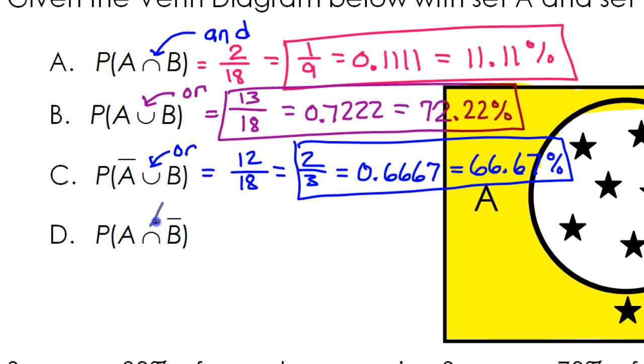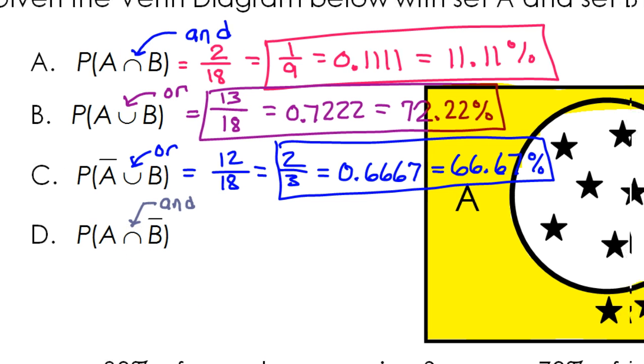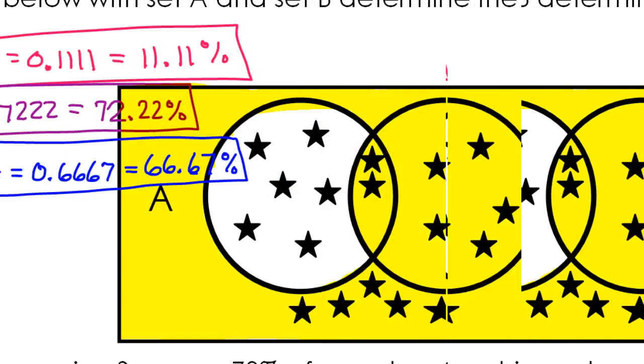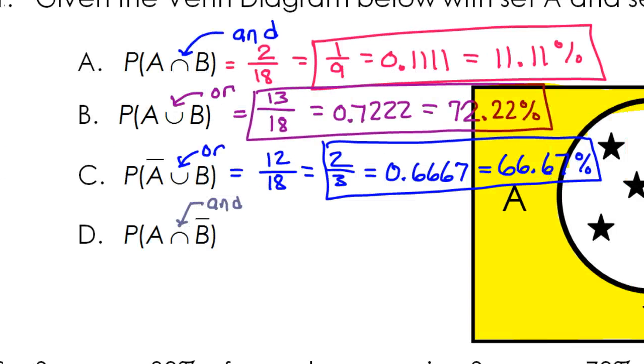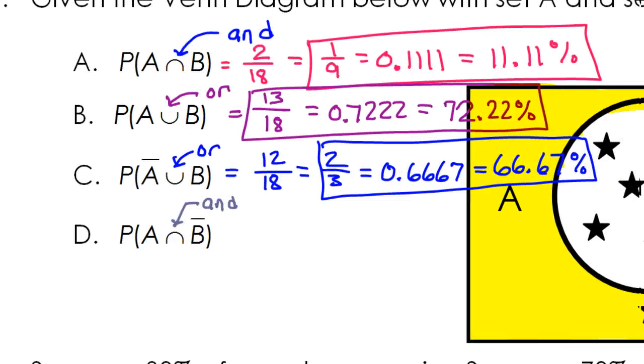Alright, so see how it's upside down? So this is going to be "and," which means we want the overlapping part this time. So I'm going to have to redo my coloring completely. How much of this do I want to be? No. Okay, you know what? I'm going to start with the not B part, because a lot of the same shading is going to happen. So I'm actually going to start with